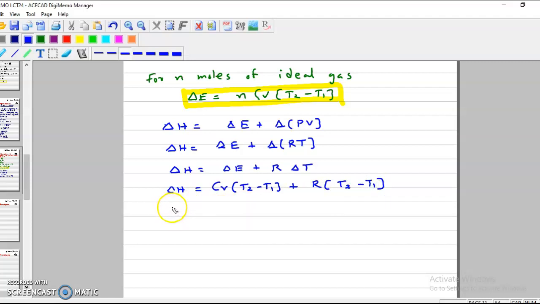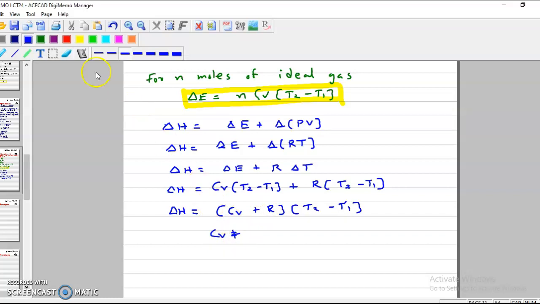Therefore, as R is over here, we can make this (T2 minus T1) common. So we write (CV plus R) into (T2 minus T1),